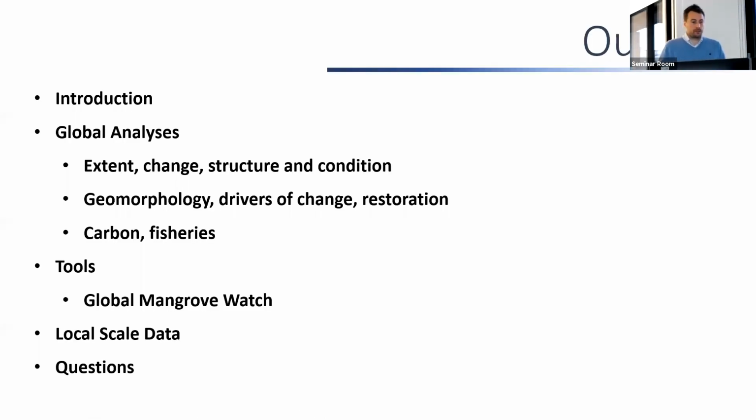So what I'm going to talk to you about today, first I'm going to do an introduction about why I think this is a really important topic and how it links into the course that you're doing. I'm then going to outline several sections of the global analysis that we currently have for mangroves in terms of primary data sets, things like extent, change and structure, things we can build off that, geomorphology or drivers of change, and finally ecosystem services. I then want to leave you with a tool that I think is really useful, that you can use to interrogate this data in your everyday analysis, research, and policy work.